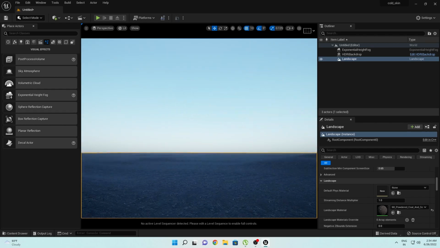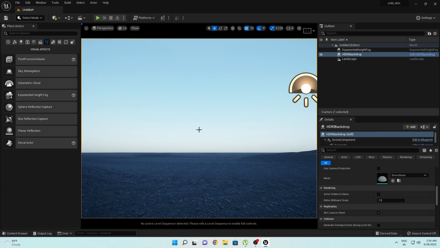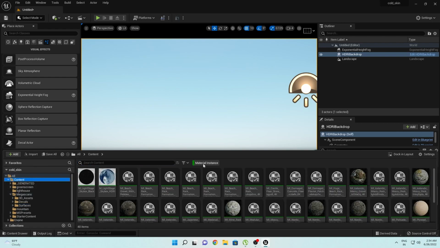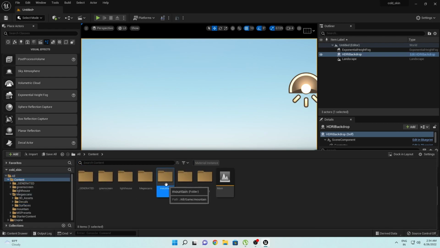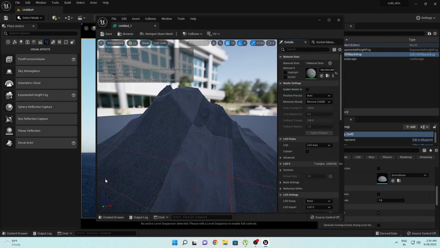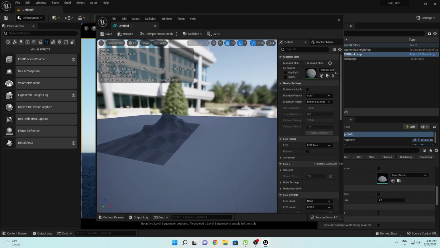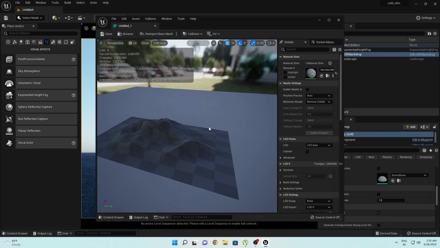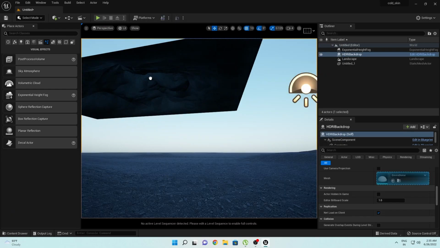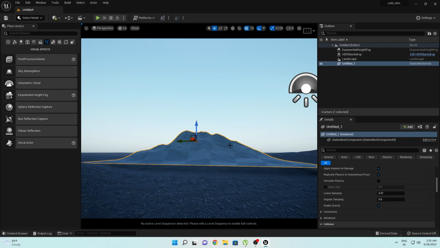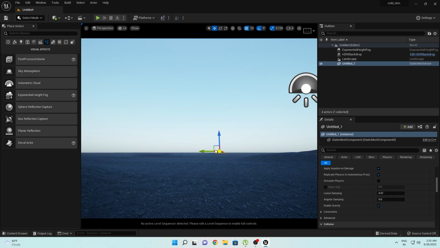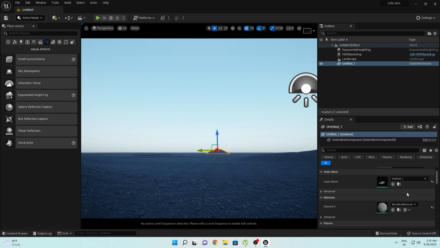Okay, so now we will add some mountains. I have already created some mountains. You can easily download them from the link provided in the description below. Go and download the mountains. Okay, so I have already imported them. Let's turn off this one. Okay, I created this inside of Cinema 4D. This is so simple, you can use your own custom mountain. Okay, so I will simply drag and drop this one here, and then I will place it in the distance,